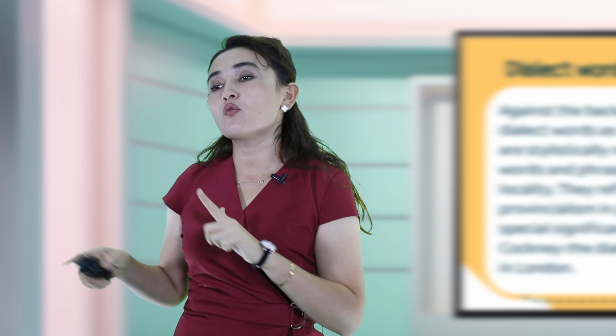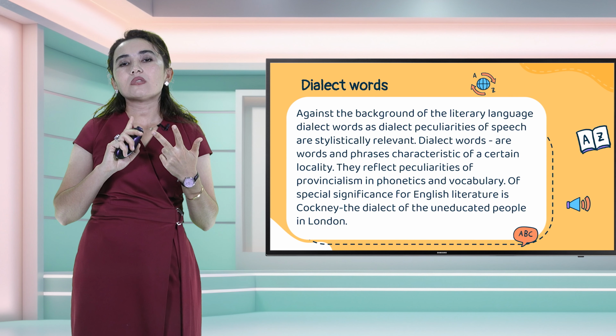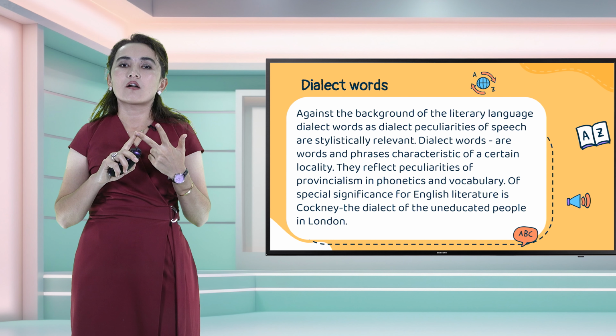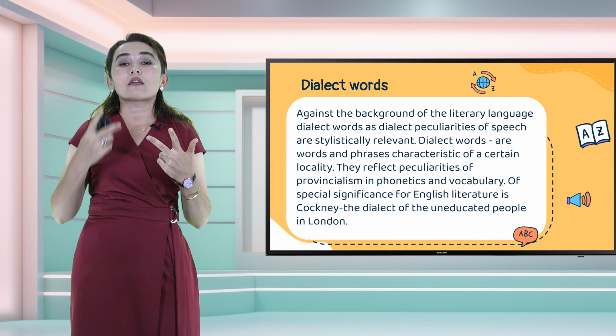The literary layer functions more with bookish, literary, poetic words. The neutral layer can be used in both ways, and the colloquial layer is only used in lively speech.